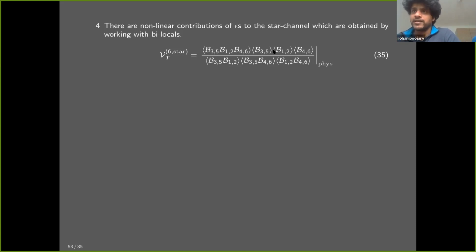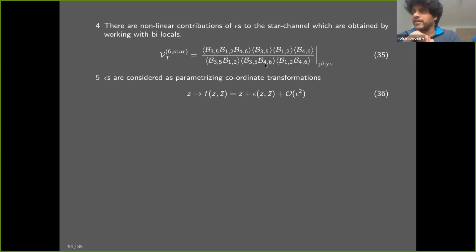So in the numerator, it is the 1-point function of b and the physical part of it. Now you will ask, what is the 1-point function of b? Because that is just epsilon, and epsilon's 1-point function is 0. That is not the case. This b is not the same as that b. This b is the non-linear avatar of that b, and the way you argue that is say that